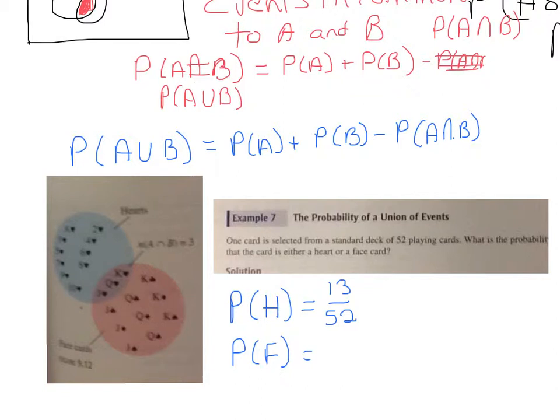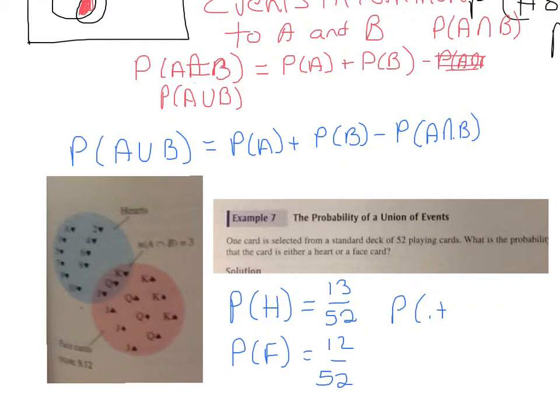Three for each suit. How many suits are there? So there's 12 out of 52. Okay, so we found the probability of hearts and the probability of the face cards. How many are common to both? There should be 3 face cards that are hearts. The probability of what's common,